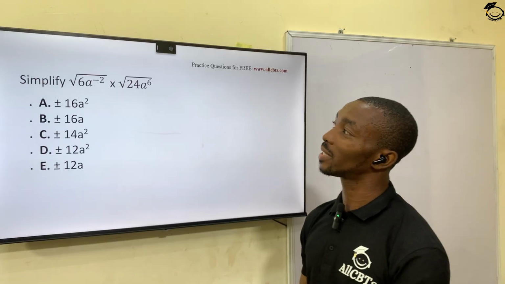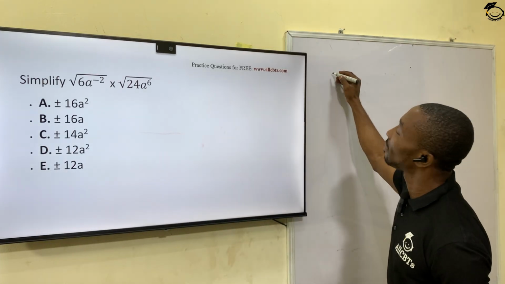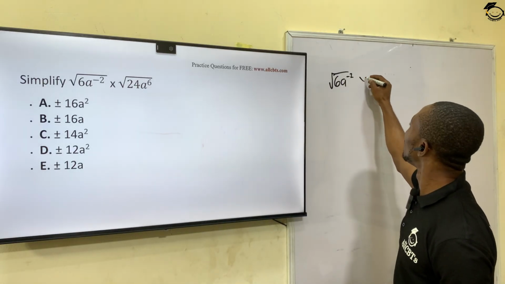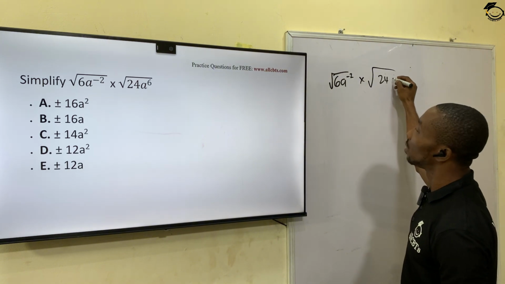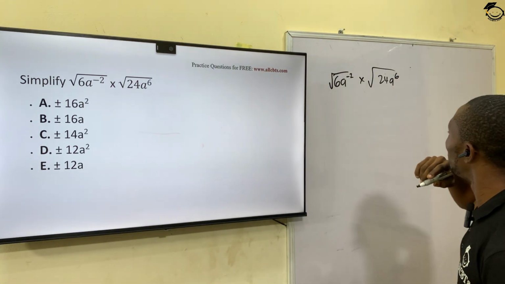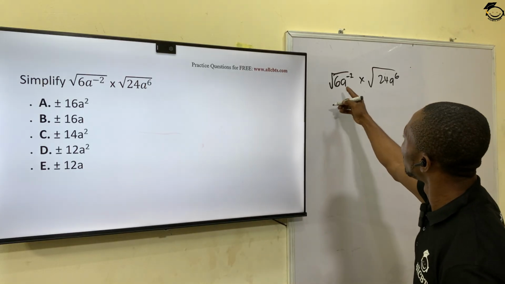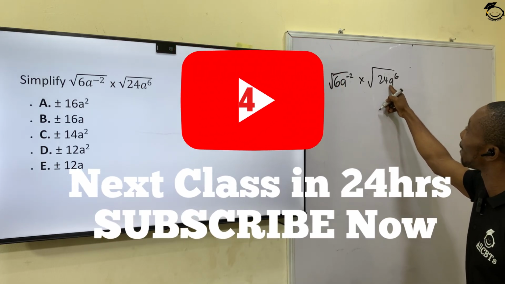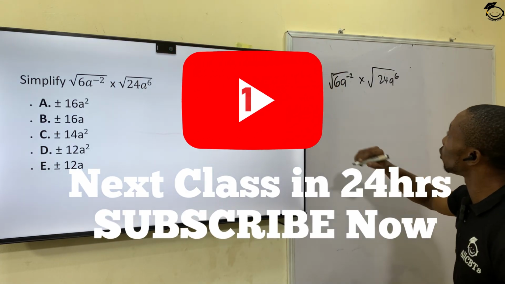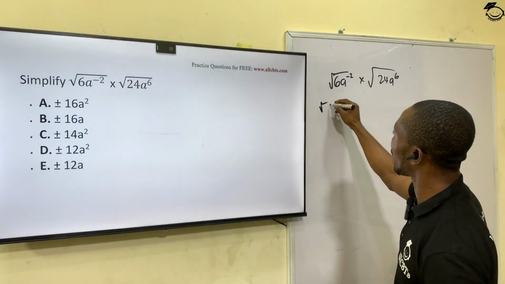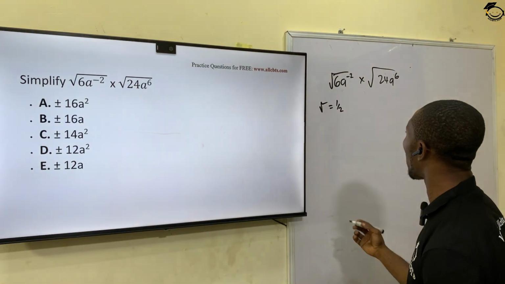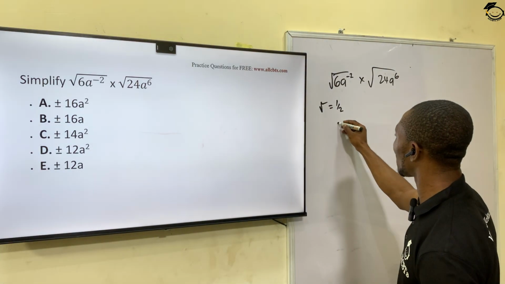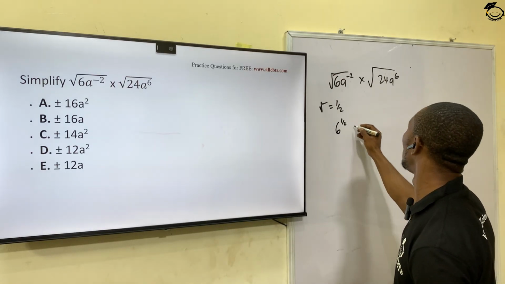All right, our next question says, simplify. We have root 6a raised to power minus 2 times root 24a raised to power 6. Okay, now we have this. Since this minus 2 is just for a and raised to power 6 is just for a, so we can rewrite this. Well, we know that mathematically our root sign is raised to power half, so we can rewrite this as, and it's shareable, so we can have this as 6 raised to power half times a